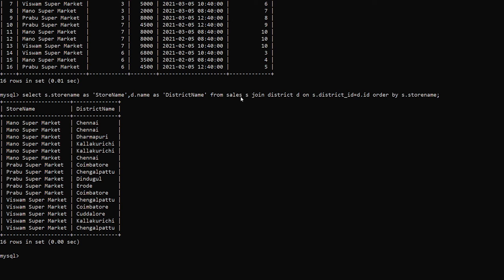We have given an alias name S for sales and D for district. We join both these tables using the ID columns, district_ID from the sales table and ID from the district table. Here ID is the key which is being referred to in the sales table with the column district_ID.